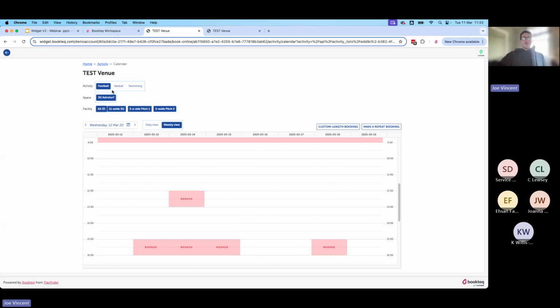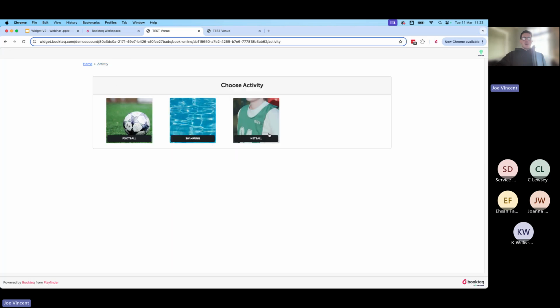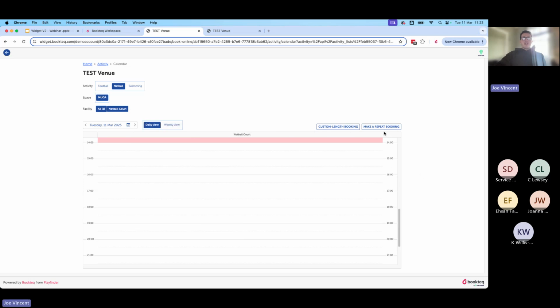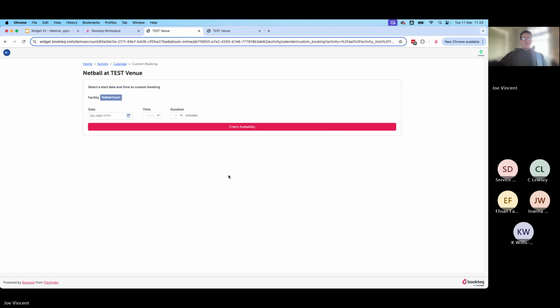Perfect. I'm going to go into custom length bookings now, another new feature that we've brought in. In this one, I'm going to go to netball. Here you can see next to make a repeat booking, your customer has the option to select the custom length booking. If we click into this, they can choose the date. So if we go to the 24th of March,